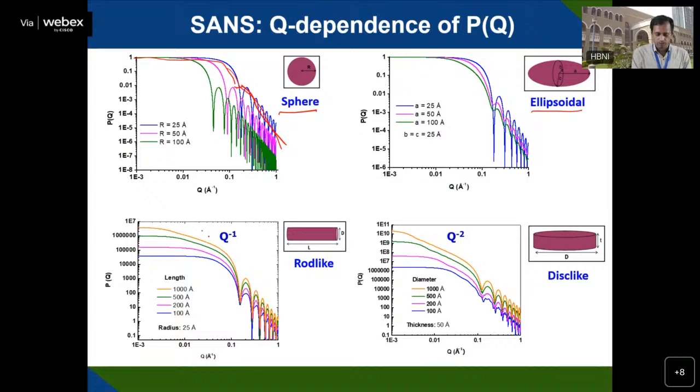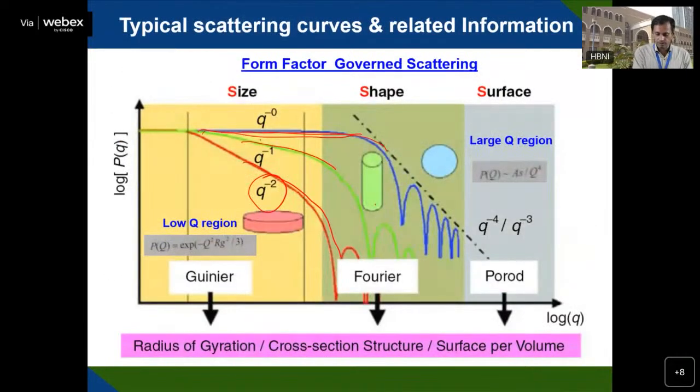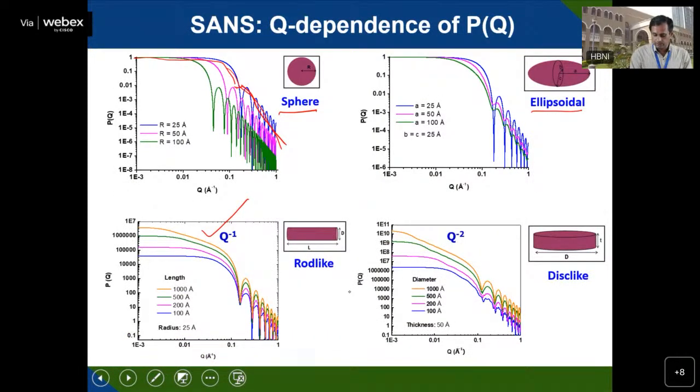But with the Q to the power minus 1, in this case, it's mainly rod-shaped micelles. You will get a plot like this, where you have to draw the slope in this region, and then you should be able to see this type, Q to the minus 2, which is mostly disc-like. So these are the silica particles of different